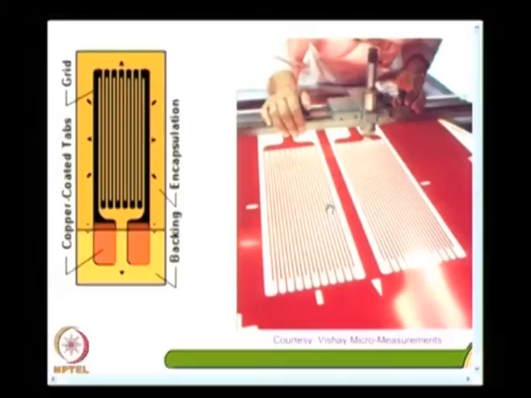Strain gauge is a very good technique. I can take a strain gauge, put it versatile, and if I have a technician who knows all the details of how to handle it, it is very well developed technology, but you will also have to respect the procedures involved. So, all that you understand when you look at how the strain gauge is manufactured, and the advantage of when I have a metal foil is, with integrated circuits, I can have different types of grid pattern could be very precisely developed and etched.